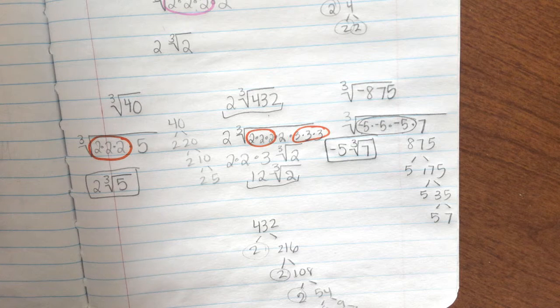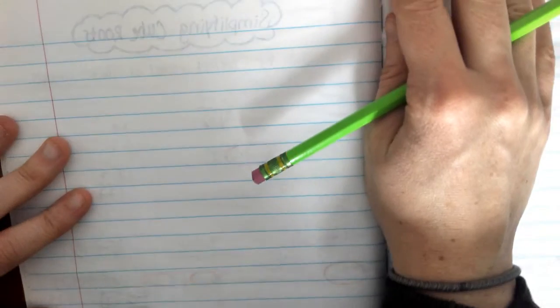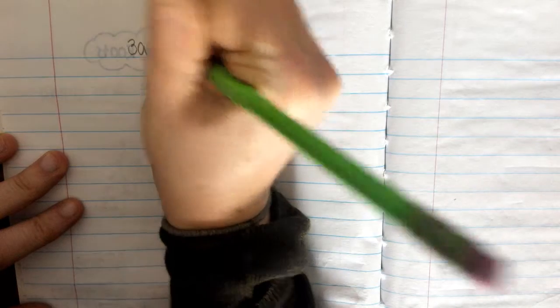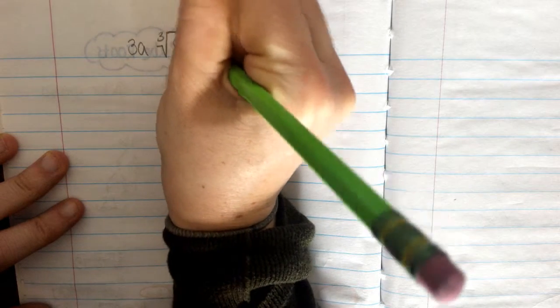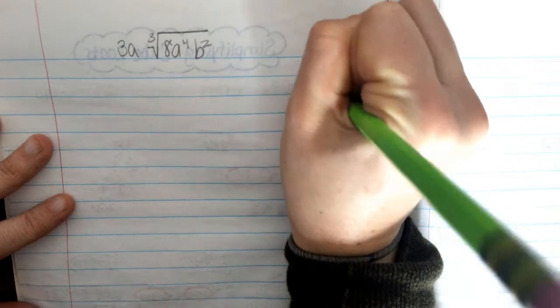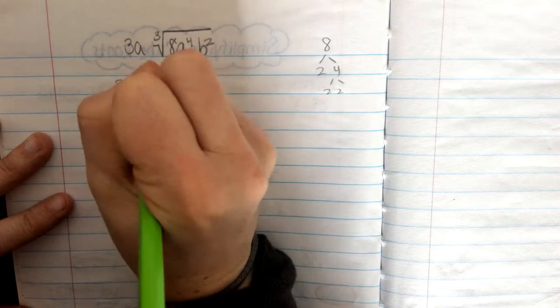And we will do one monomial, so with some variables. I'm going to turn to the back of the next page. If this was your problem: 3a times the cube root of 8a to the 4th b to the 2nd. If you know your perfect cubes, 8 is actually a perfect cube, so that's just 2. But if I make a factor tree for 8, I'm just going to get 3 2's. So 3a on the outside, and then